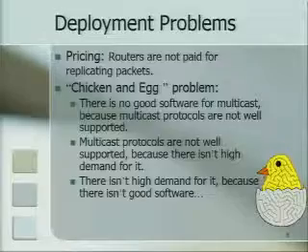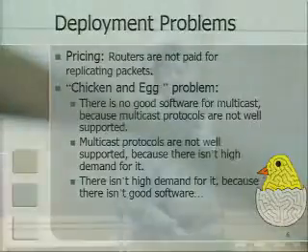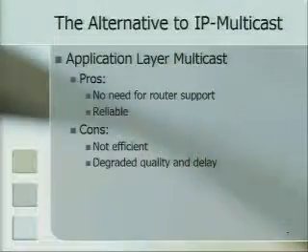The other one is the chicken and egg problem. You talk to network administrators about why IP multicast is not enabled. They say there's not really that big of a need for us to enable it, right? And then you go to users and ask why you don't need IP multicast, and they say there's no good application for that. And then you go to software developers and ask why there's no good application. They say people don't need it, right? Or even if they do, there's no good backbone to support it, right? So why would they do that?